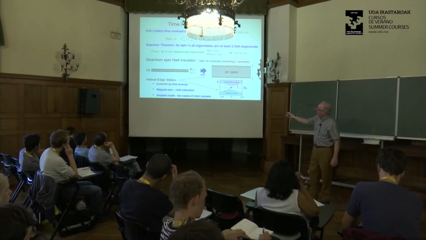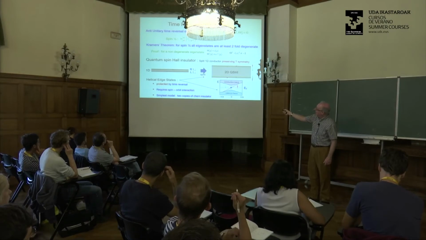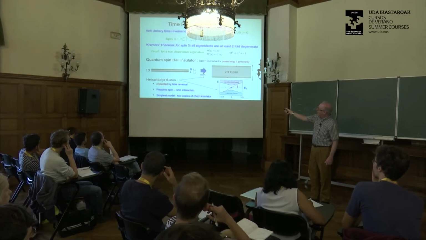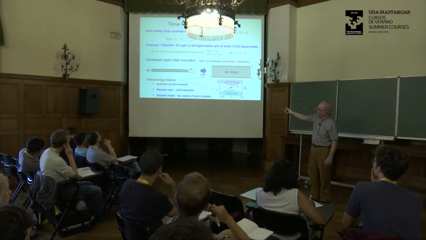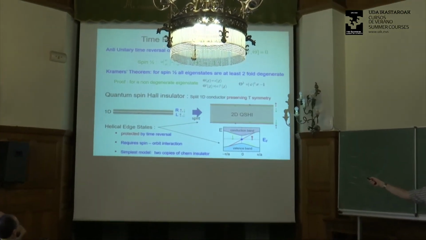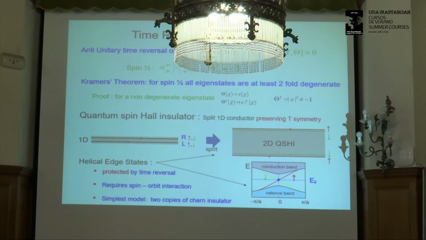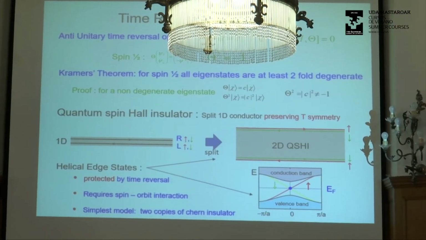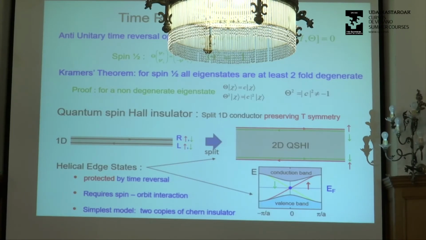Now, there's an important thing. When I do time reversal on spin one-half electrons, I have the up spins and the down spins. It gives me a complex conjugation, it flips the spin, and it does one more thing: it gives me this minus sign. So this tells you that if you do it twice, it squares to -1. This -1 is the same -1 you get when you rotate a spin by 2 pi. It really has the same underlying origin, and it's a property whenever you have a half integer spin.